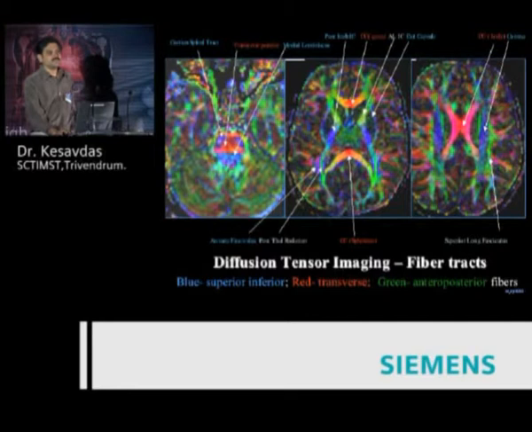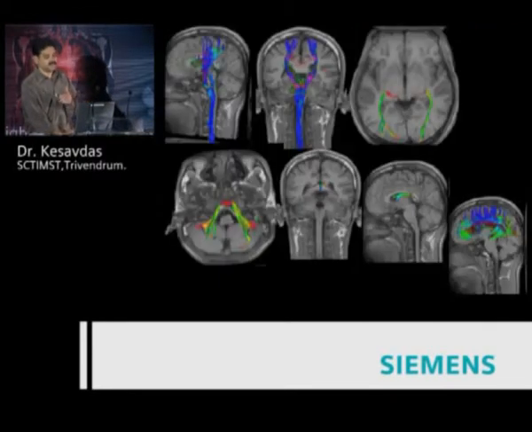We also use the color maps, and color maps we basically use to identify which fiber tract is involved. Is it the superior longitudinal fasciculus? Is it the pyramidal tract? You can make the track of everything, but some of the most important ones which we regularly do to look at the eloquent white matter are basically the corticospinal tract and the optic radiation. These are the ones which our surgeons want to know. Sometimes we do the superior cerebellar peduncles, the fornix, the corpus callosum, but these are not very eloquent, so to say, in comparison to the corticospinal tract and the optic radiation.